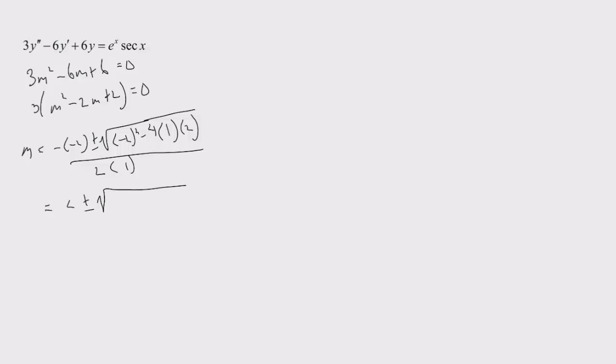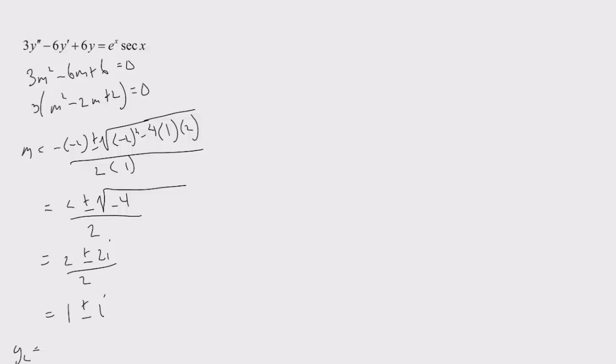So yeah, negative 4 over 2. So 2 plus or minus 2i over 2, which is 1 plus or minus i, which tells us that our complementary solutions look like